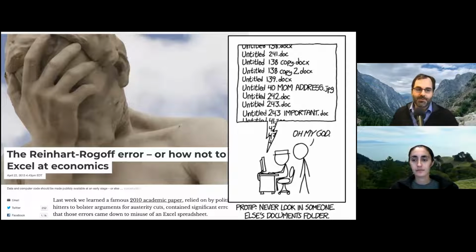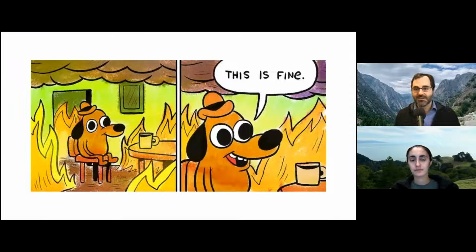Just to take one example that was in the news, a very influential paper in economics by Reinhardt and Rogoff was used to argue for austerity policies, but famously the conclusions were invalidated because they were due to a miscoding error in some Excel formulas. So there are many, many of these sorts of errors that have been, some have been well publicized, others have been kept relatively under wraps, like the two I started with. But in general, this has led us to worry that things are not entirely fine.